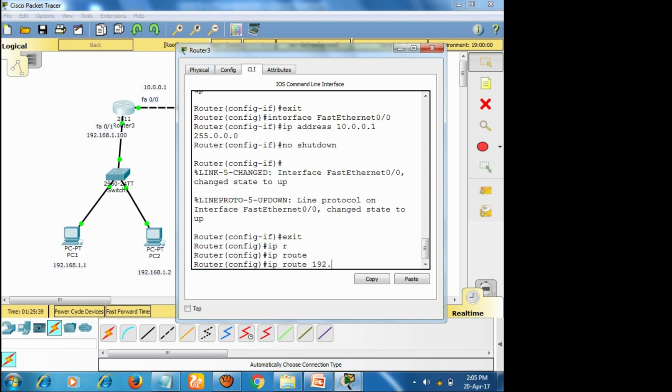The IP network address for the destination, and the subnet mask, and the next thing called the next hop address.